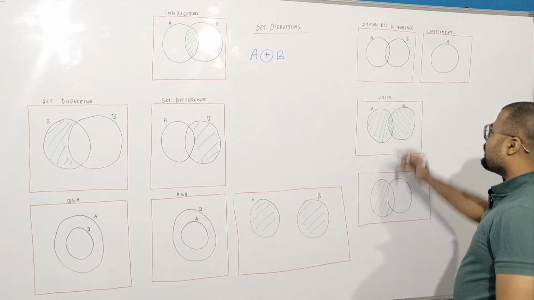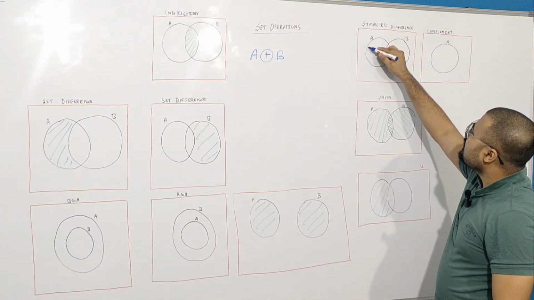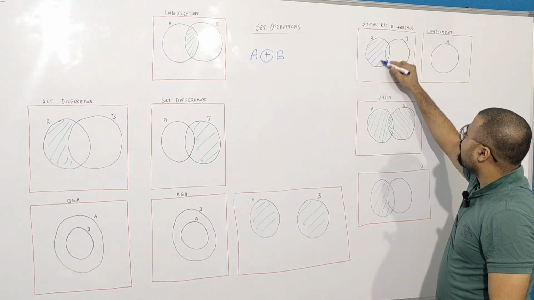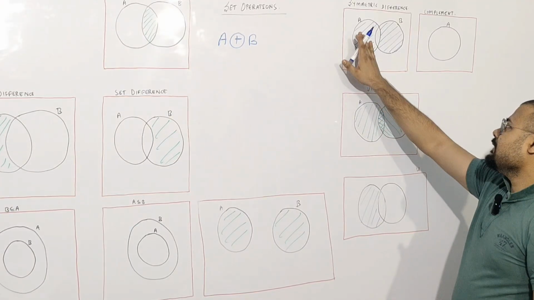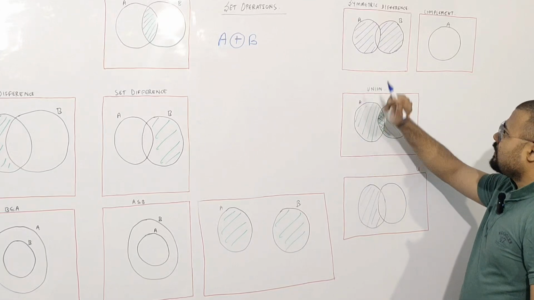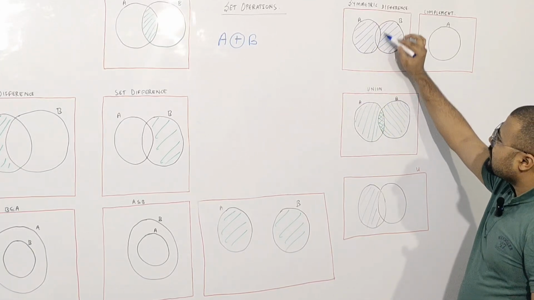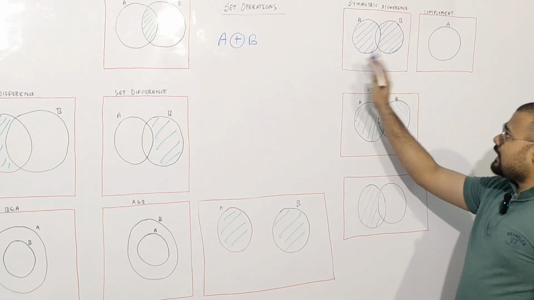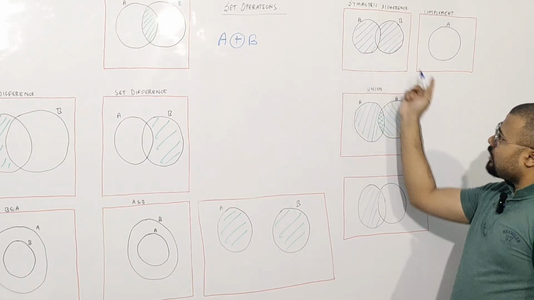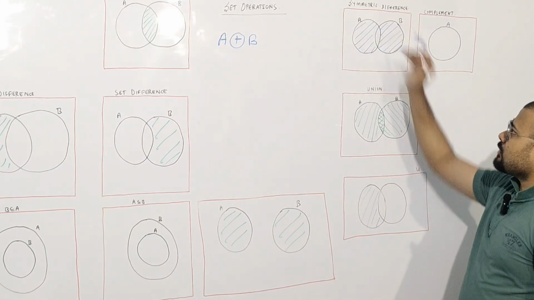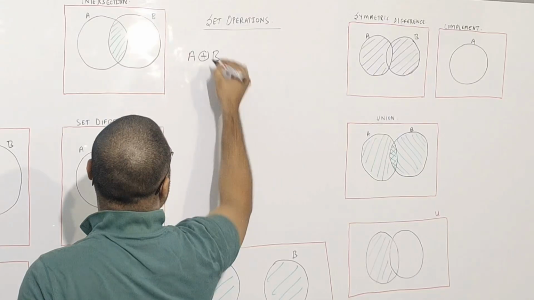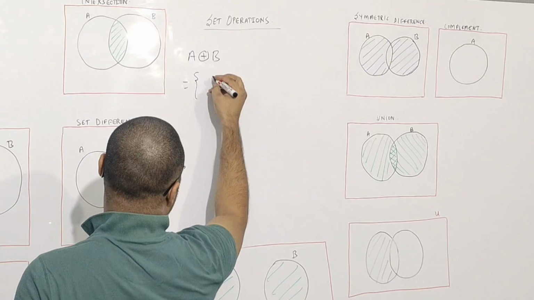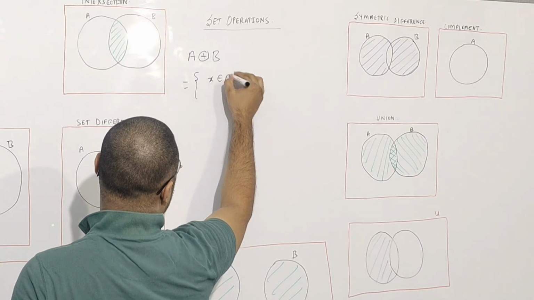This set operation gives me what region? It gives me the elements of A and B that are not common. So this gives me those elements of A and B which are not in the intersection region. That is, the elements of A that do not belong to B and the elements of B that do not belong to A. This will give me a set that has element X belongs to A